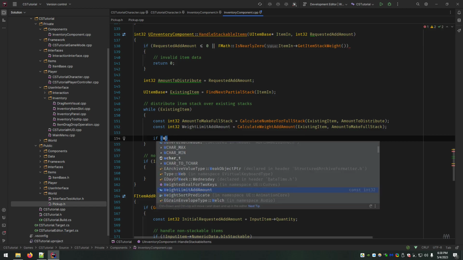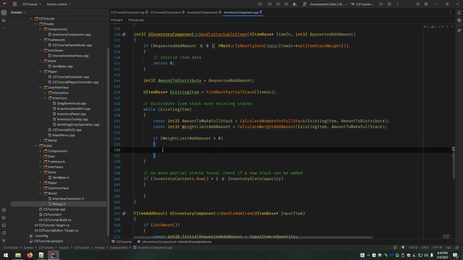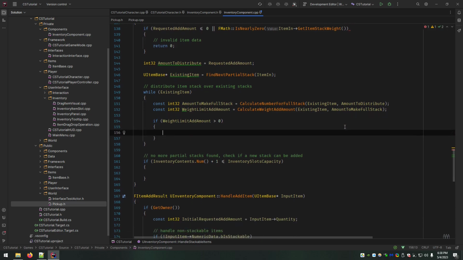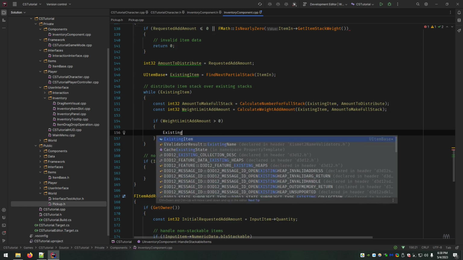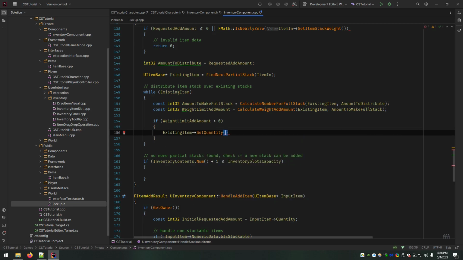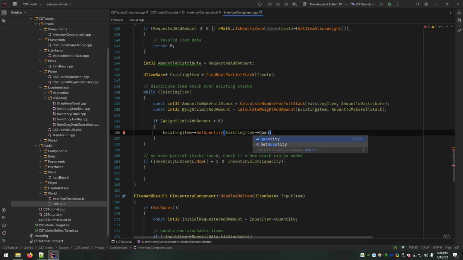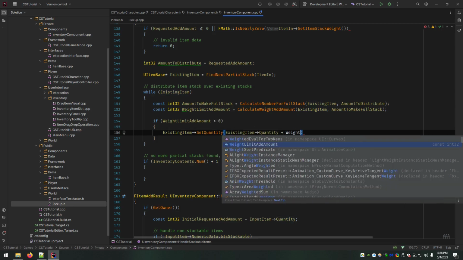So now we say if our weight limit add amount is greater than 0. Now this assumes there must be at least a 1, right? There's weight room for it. So now we're going to take the existing item stack and set its quantity to whatever the existing quantity is plus the weight limit add amount.